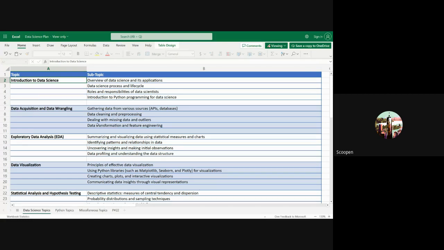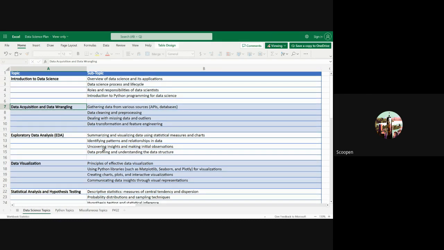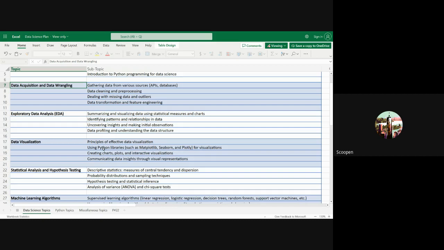We'll start with the introduction of data science. उसके बाद में हम लोग will talk about how the data is captured, what are the different data cleaning techniques, how the data transformation is done, what is feature engineering. After that, we'll discuss something about EDA. EDA means exploratory data analysis कैसे करते हैं, डेटा को समराइज करते हैं, विजुलाइज करते हैं, फिर उसके बाद में डेटा को विजुलाइज करने के बाद में उससे इंफॉर्मेशन कैसे निकालते हैं, इनसाइट्स कैसे निकालते हैं, बिजनेस डिसीजंस कैसे लिए